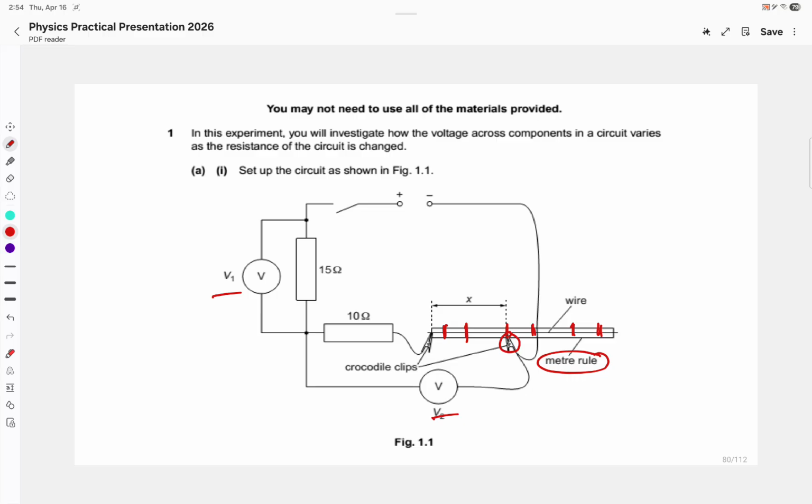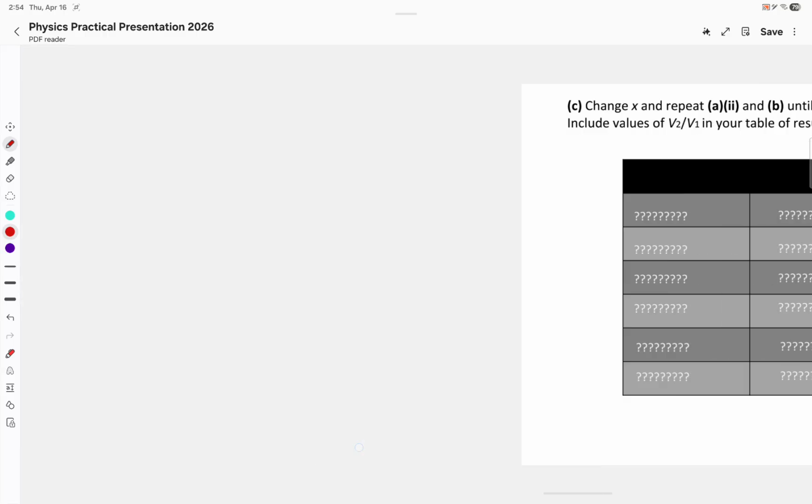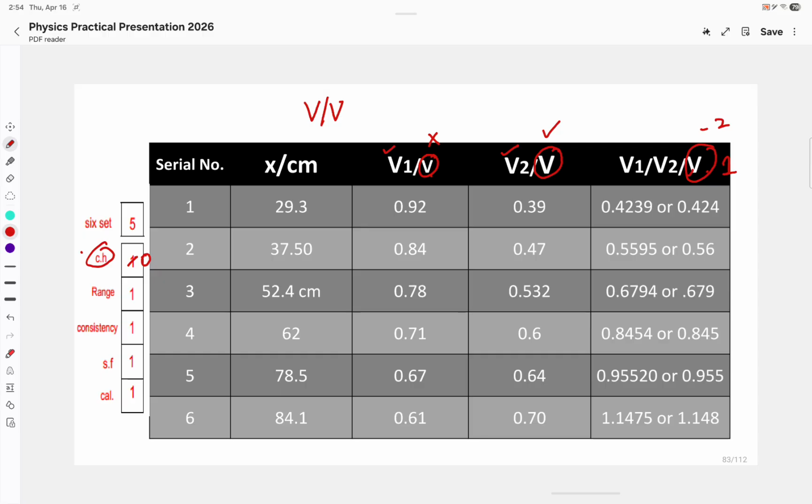For this case, if you use less than 50% of a meter ruler, you will lose a mark for range. For instance, I have starting value 29.3,